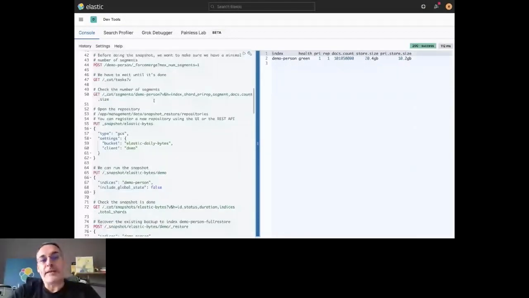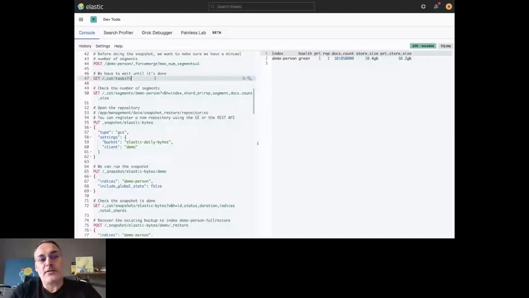To do a snapshot, the best thing to do is to first force merge to a maximum of 1 segment, then wait until it's done. It has been done already. If I check the segments here, I have only 1 segment per shard. So that's okay, I have done this job already.